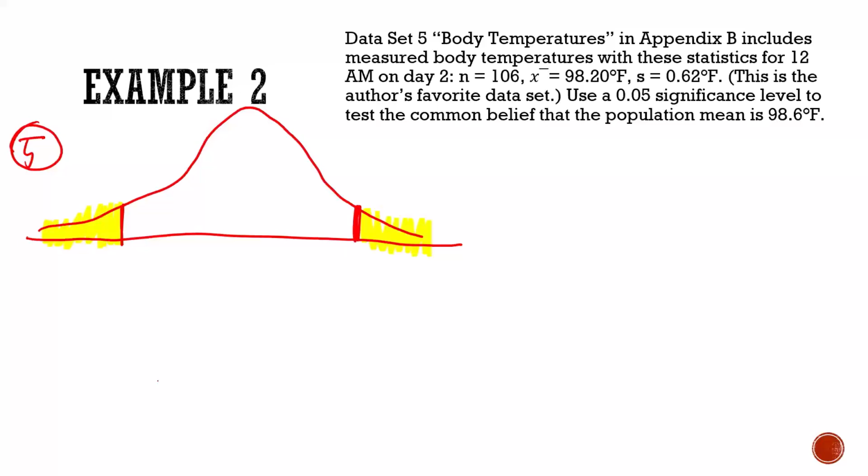Is it the area of each tail or the combined area? It is the combined, because we want to be 95% sure. We want to make sure that it's in the 5% most extreme data, but since we don't know which way it's extreme, we want to split that 5% evenly. So each tail has an area of point